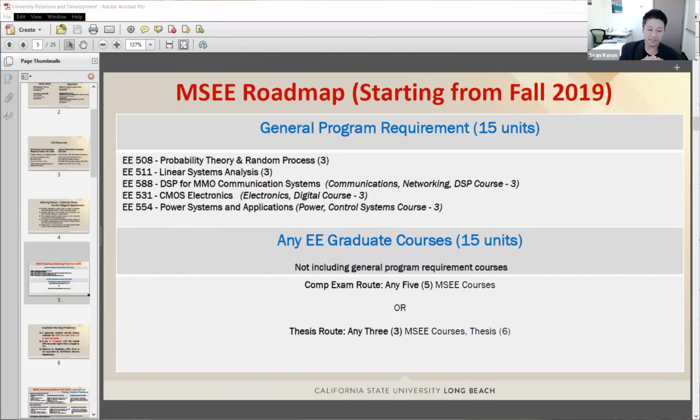So the MS thesis route requires enrolling in EE 698 for acquiring 6 units in total. And enrolling in EE 698 requires, in turn, the approval of ATC. So that is the reason why I emphasize the importance of moving forward step by step, following the guideline and the procedure. Any other question? By the way, Eric, did I answer your question?